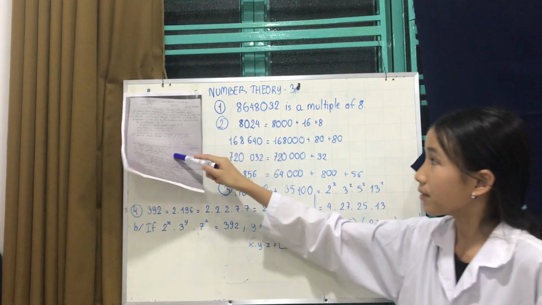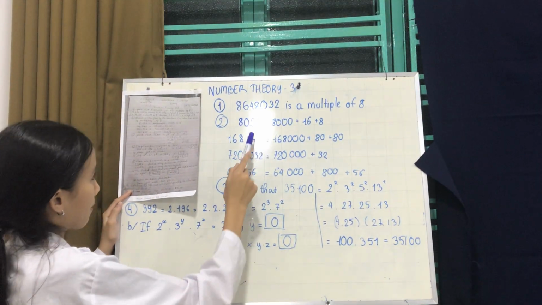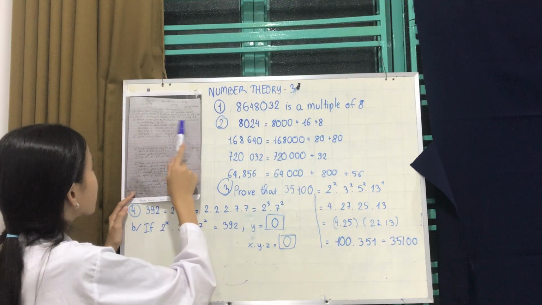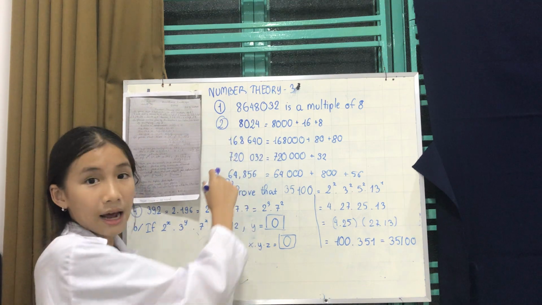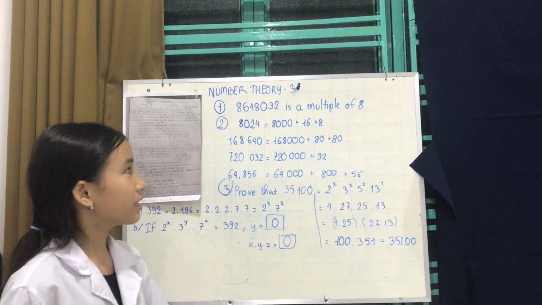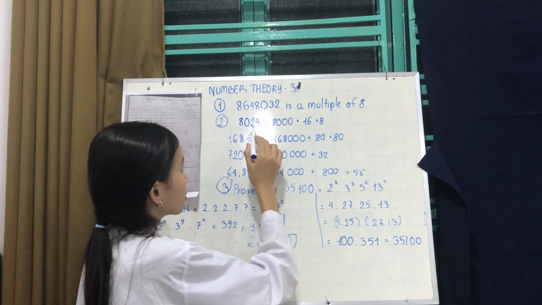The second problem is: please write these 4 numbers as sums of multiples of 8. So we are going to write these 4 numbers as sums of multiples of 8. Now, it's easy. So we have